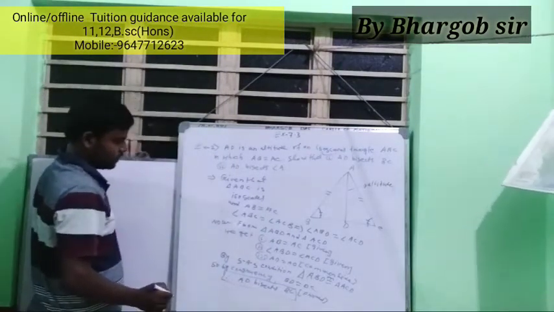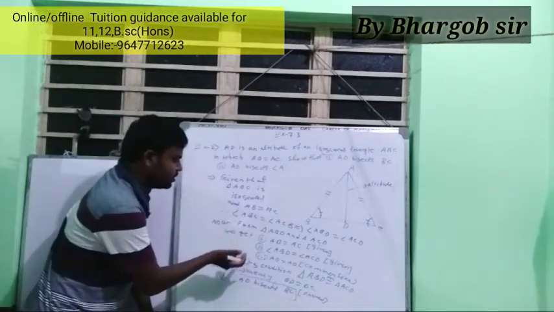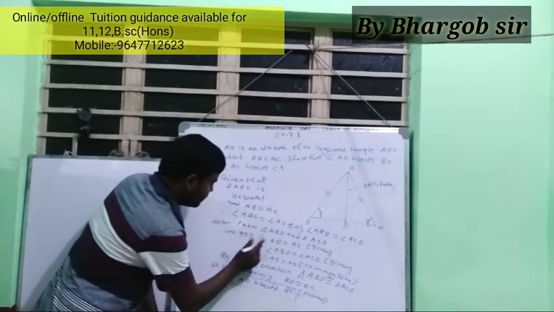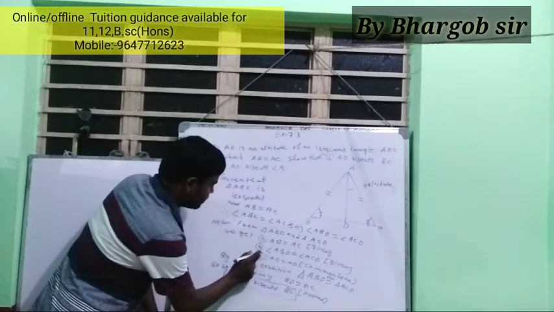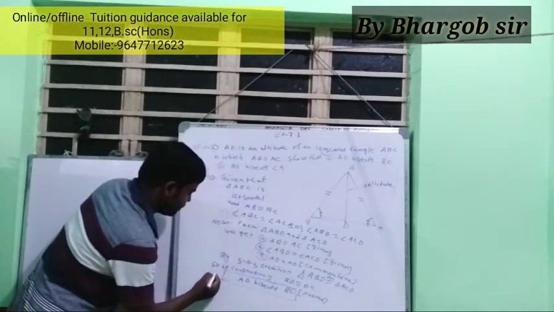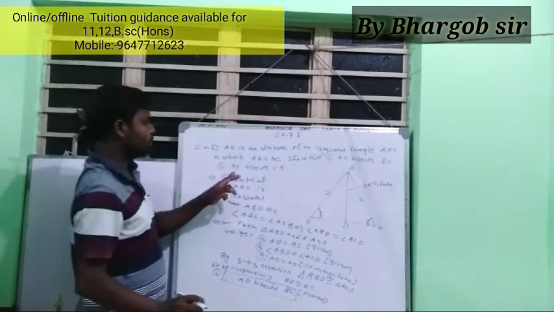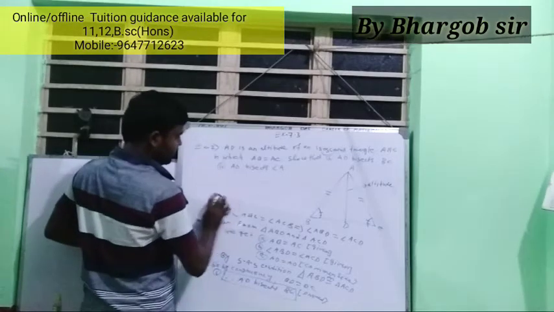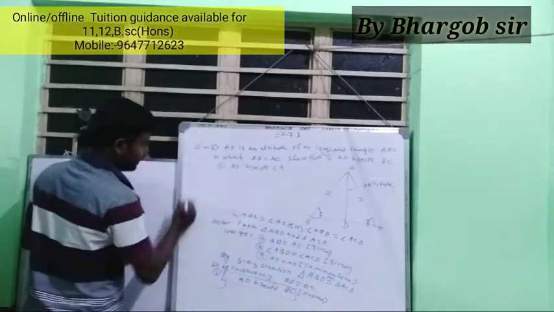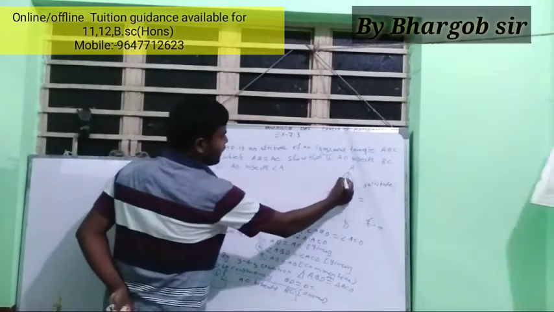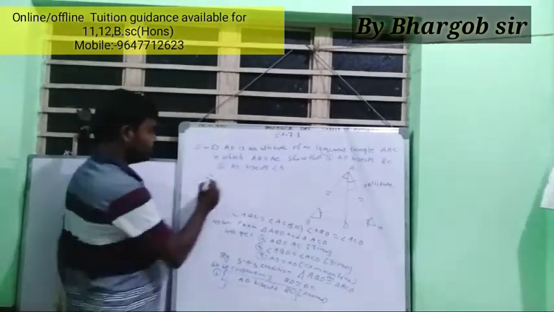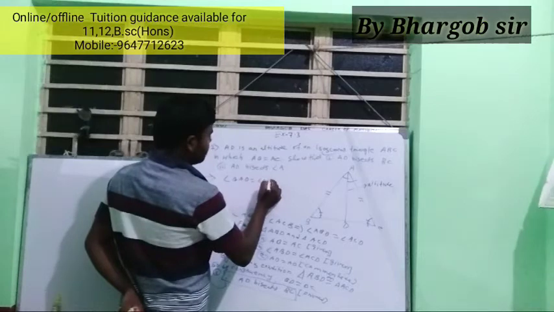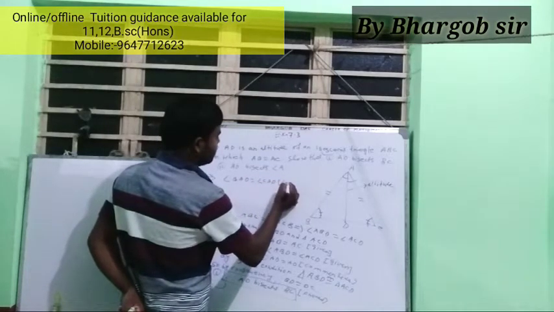So number one is proved from the equation. Because 1 and 2 are denoted, we replace this A, this is B condition, this is C condition. So number one is proved. Now we have to prove number two. This angle and this angle are equal by congruency, so angle BAD equal to angle CAD by congruency